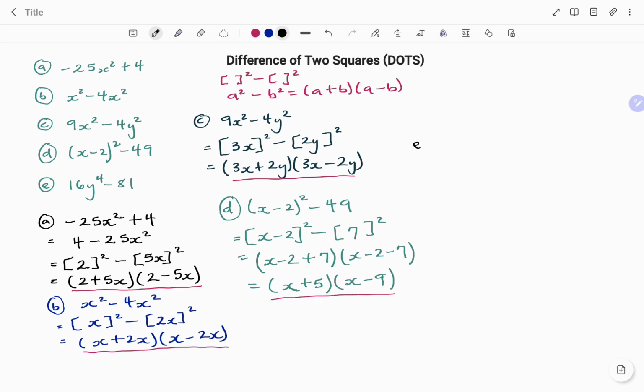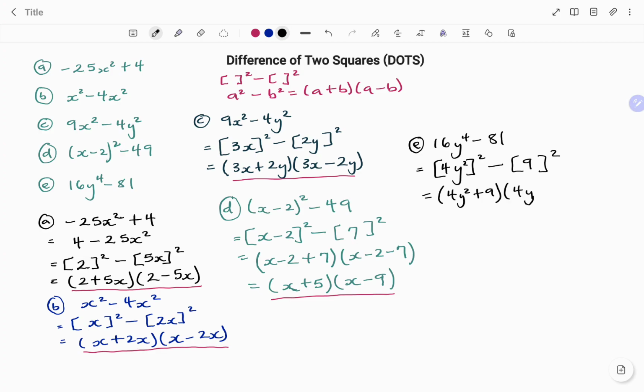And in my last example, I have 16y to the power 4 minus 81. I need something squared minus something squared. The square root of 16 is 4. The square root of y to the power 4 is y squared. The square root of 81 is 9. And because I have it in the format, factorizing, I have 4y squared plus 9,